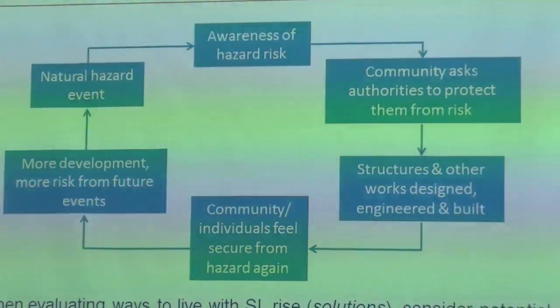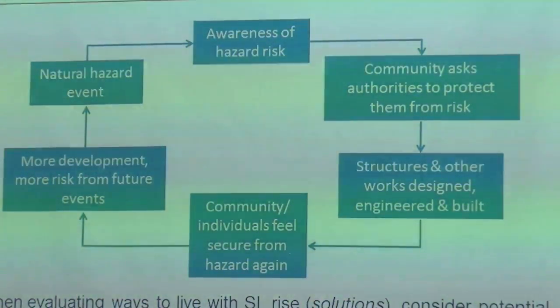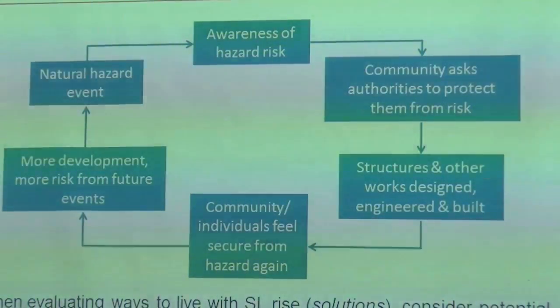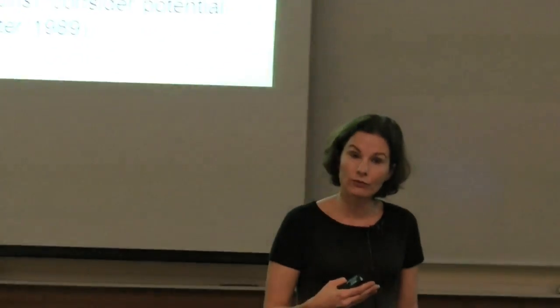There are different kinds of ways of responding to hazards. One of those ways is to retreat from the hazardous areas, so to step our development back from those hazardous areas. But other ways of responding to hazards, so with the recent flooding, there's been some articles in the press saying, dig the channels out, make the channels deeper, get all the water off the city, let's have an engineered response, build the stop banks up, put in pumps. These kind of engineered responses can alleviate the flooding hazard, for example, for a time, and we feel more comfortable. We're not so worried about that flooding hazard anymore.